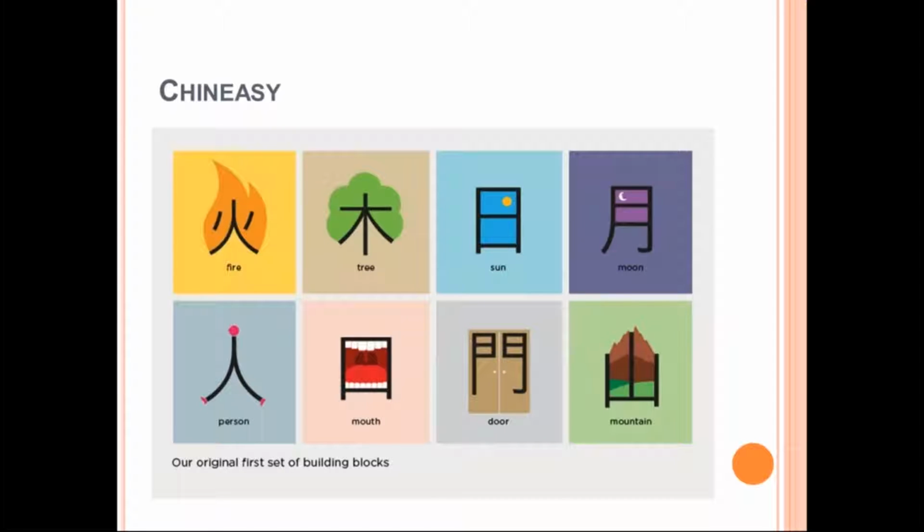If I were to just show you the character for person, for example, you might not remember it. But as soon as I put two feet and a head on it, all of a sudden it looks like a person. And with that little strategy, you're going to remember, how do I write person? Right, it looks like a person. The mouth, it looks like a mouth. As soon as you illustrate it, you're not only going through the process of thinking, how can I remember this, and drawing something to help you engage with it, but then once you're done, you have this product that is